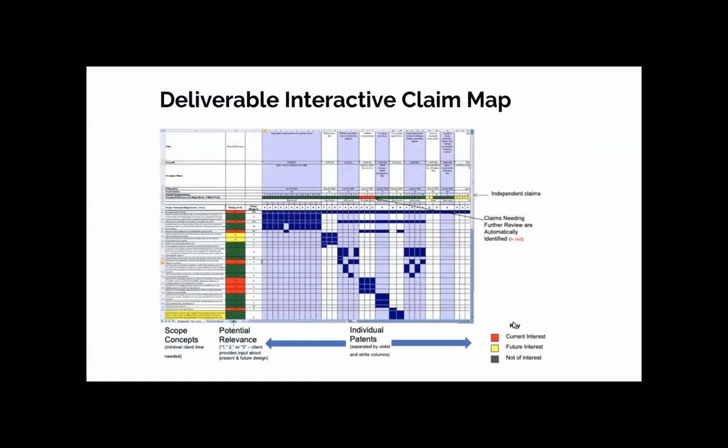And so this is what I want to spend a little time on, since the seminar here is about digital transformation. One of the tools that we use in our practice is this interactive claim map, which is super efficient and lets us handle a lot of different information really effectively. And we can actually deliver an interactive claim map and pre-digest that list of patents into a list of what we call scope concepts, and then sit down with engineers and walk through the scope concepts. And if I could just get the screen for a second, I will share my own screen and show you